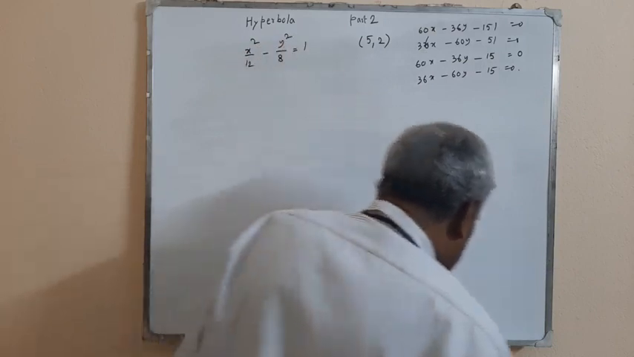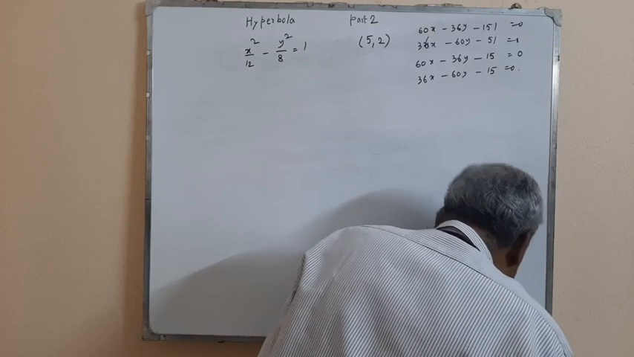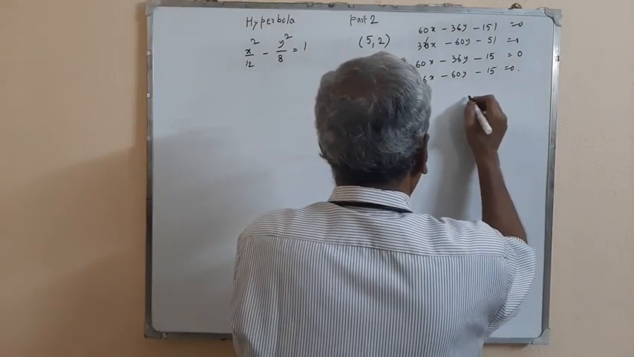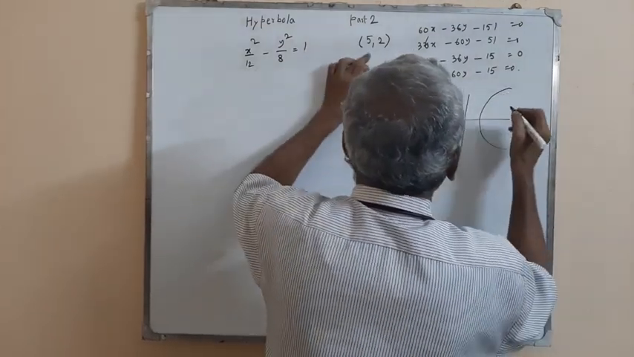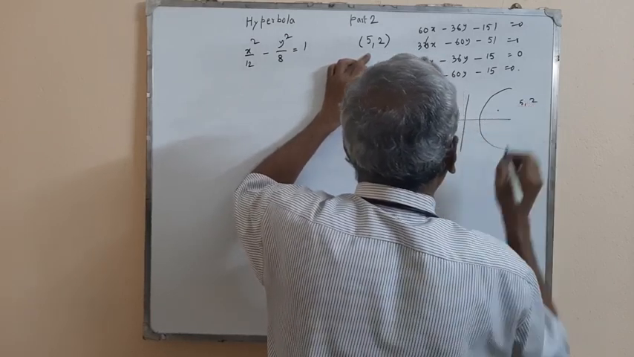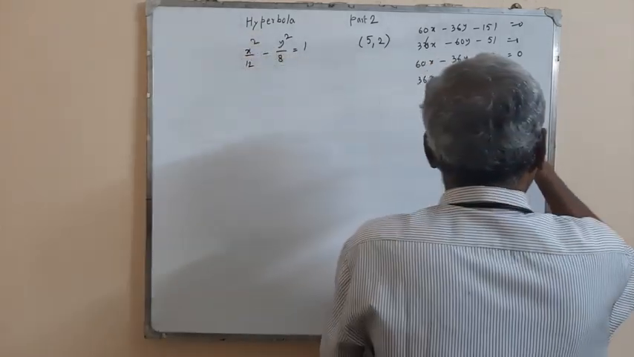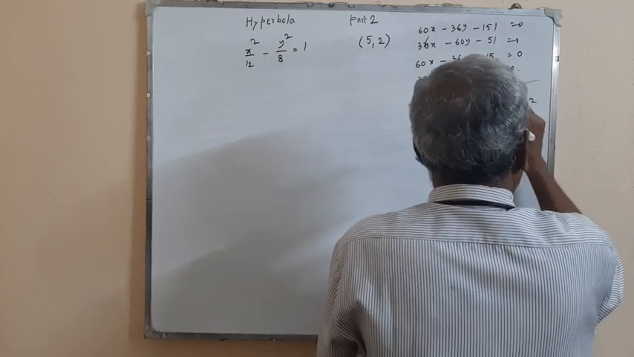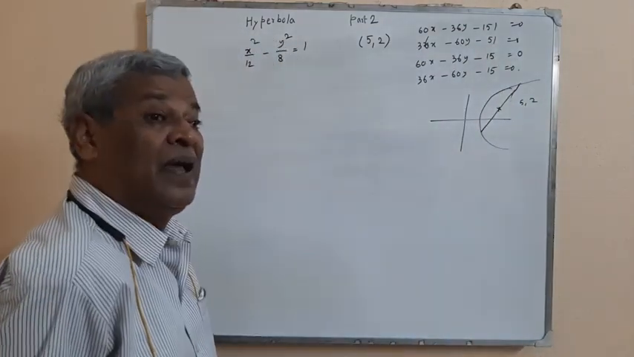So the problem is, one hyperbola is given, this hyperbola, and this is a branch, and (5, 2) is a point over here. We have to find the equation of the chord which is bisected at that point. Say this is the chord, and it is bisected at that point. Like